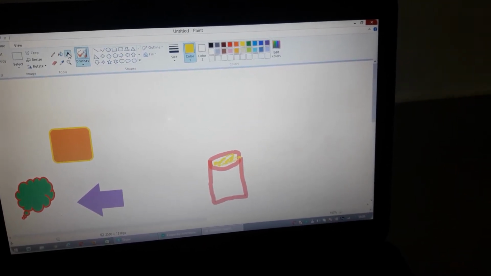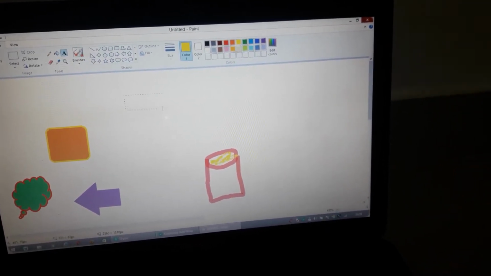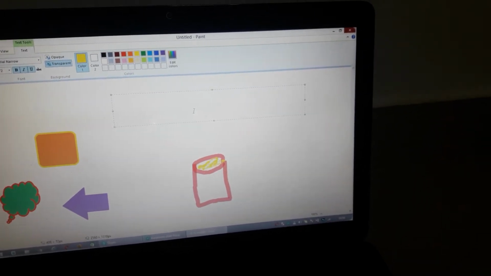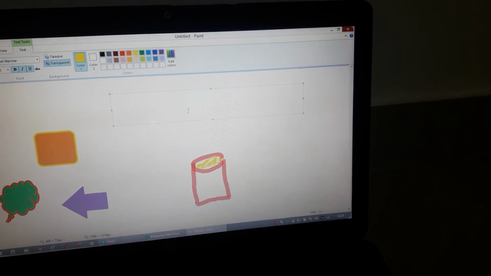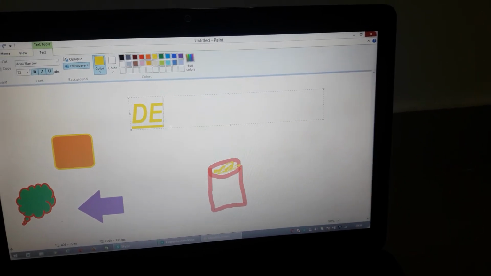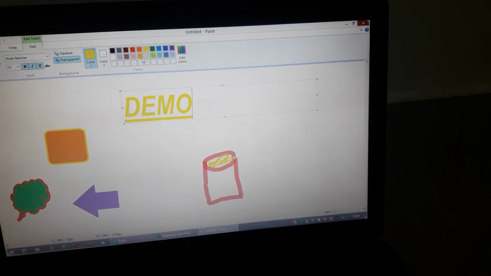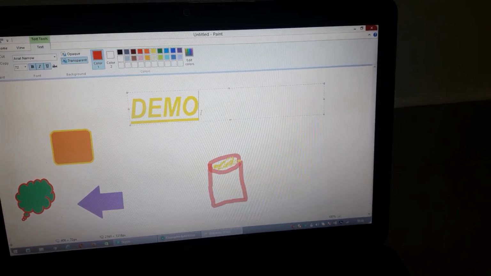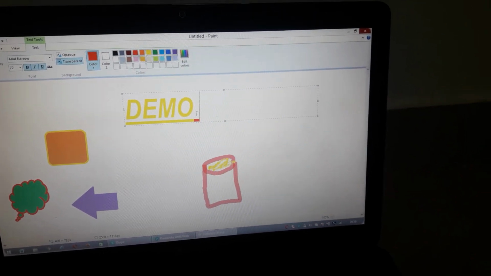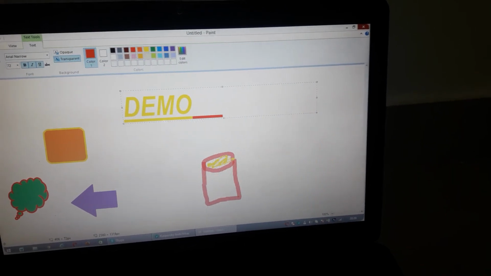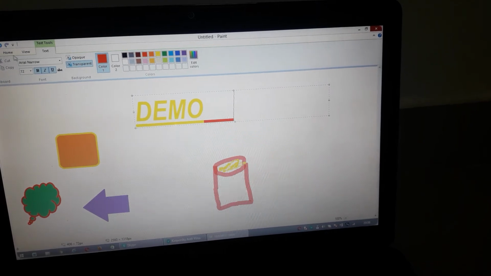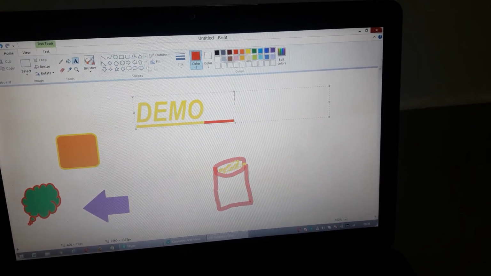This is a text box. It is used to write any text you want. So I am taking a demo. I'll write it as demo. Here also you can choose any color you want and continue. So before writing, you can choose the color. Click on Home. You will get back this.